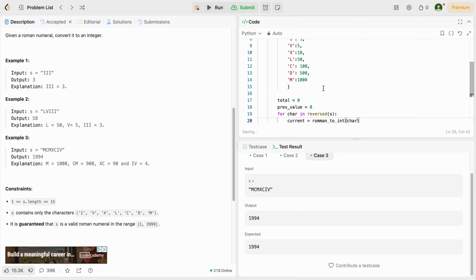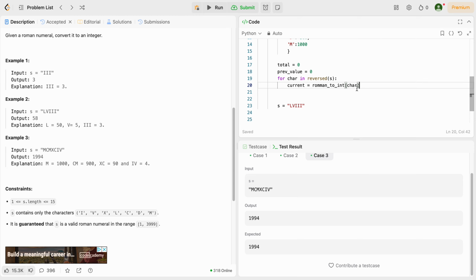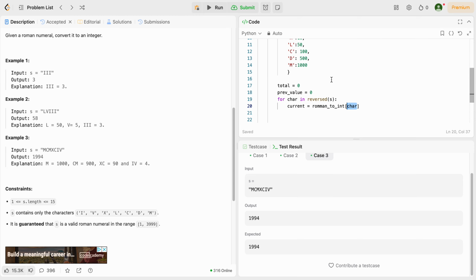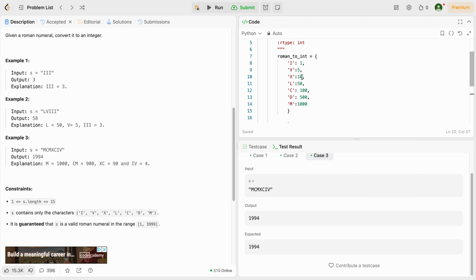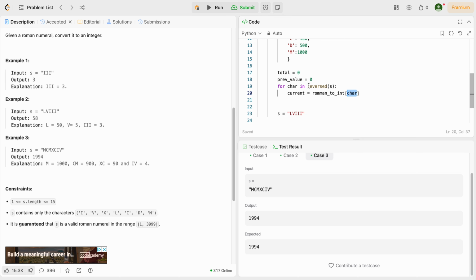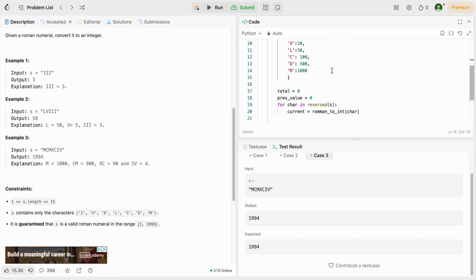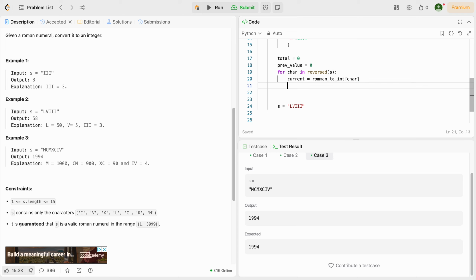So here Roman to int is our dictionary, and we're going to index it with our current char, which will give us the actual number here. We're indexing this side, and it's going to return this number. Now if the current value is less than the previous value,